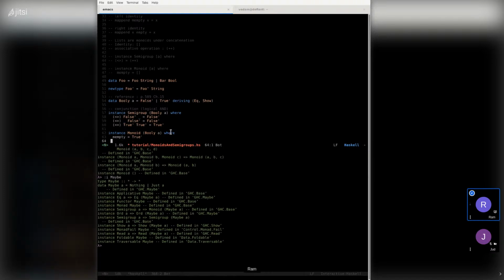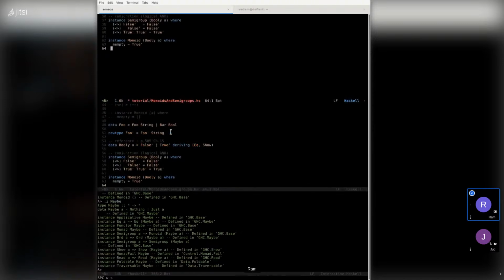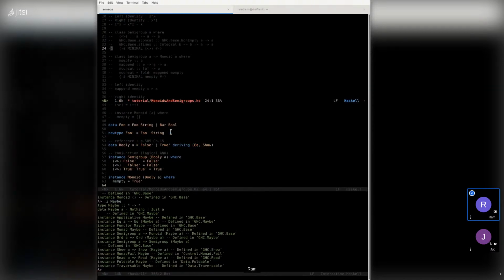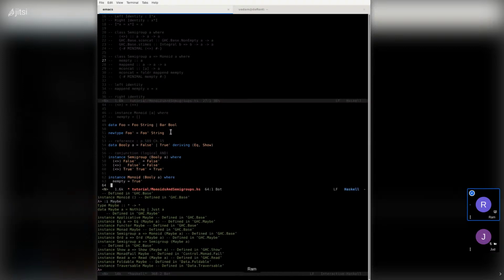If you recall our definition of what a semigroup is and what a monoid is, it becomes immediately apparent that the monoid instance, as defined here, is not actually taking in the requirement that Boolean must be a semigroup. Meaning Boolean does not need to provide an associative operation in order for it to be a monoid.